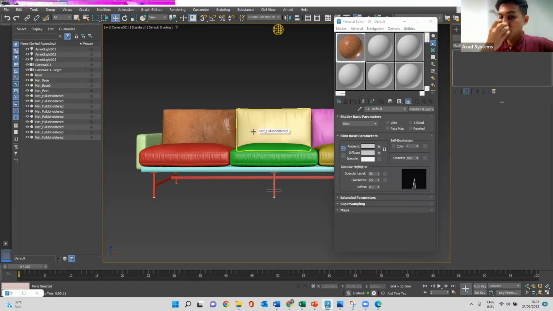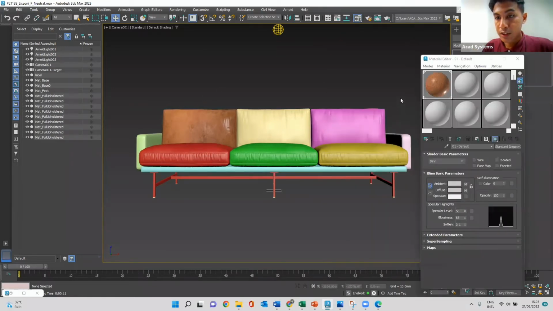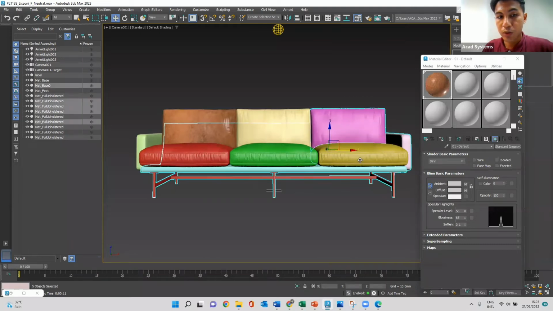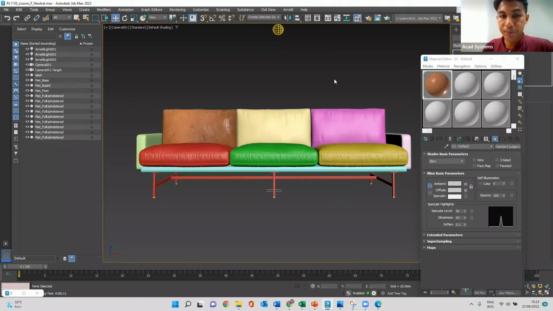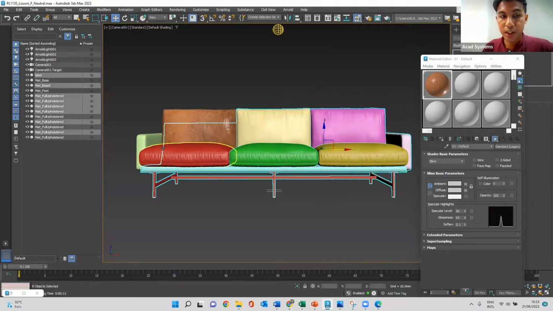You can continue on applying to the rest, but because of our time constraint, I will just apply the same thing to all of these cushions. You will see that the scale will be a little bit off, but if you want to apply it to each and every one of them, you can